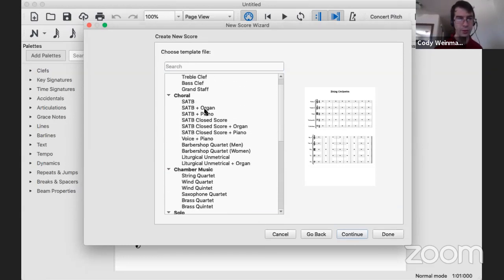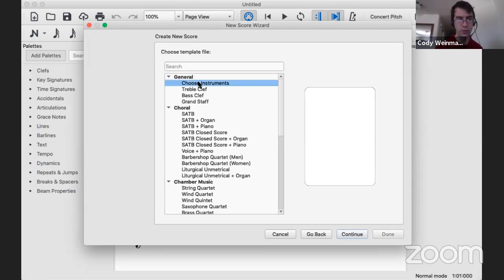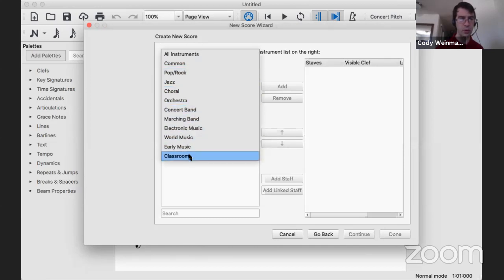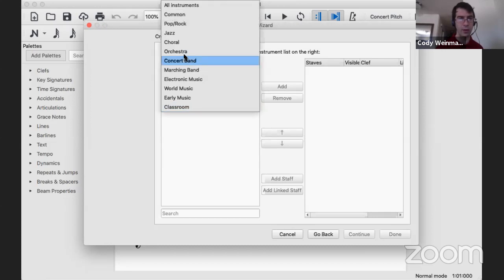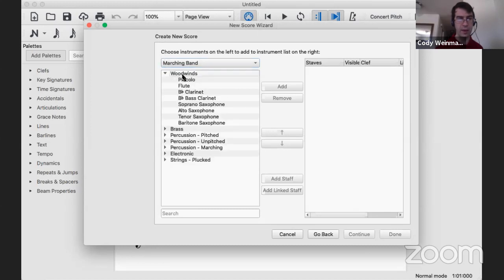But if you're not wanting to do that, you can go up here, choose instruments, and continue, and then it'll have different instrument groups, different instrument families based on what you're looking for. So if we're doing marching band, if you're making your own marching band template, this is where you would go. You click marching band,